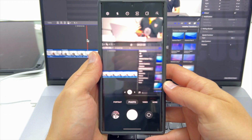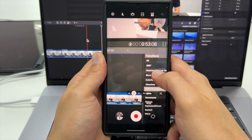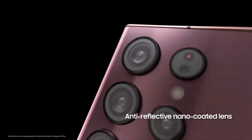Now let's talk a little bit about the camera. Although the camera hardware on the S22 Ultra is identical to the S21 Ultra, camera performance is perhaps the biggest improvement for this phone this year. Main enhancements include a big pixel sensor, super clear glass and lens, detail enhancer, auto frame rate, super night solution,